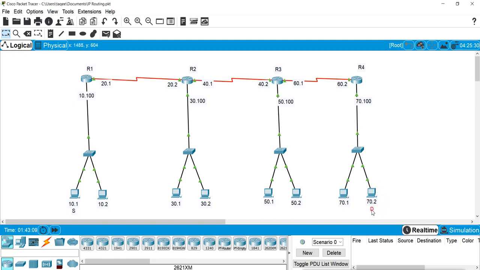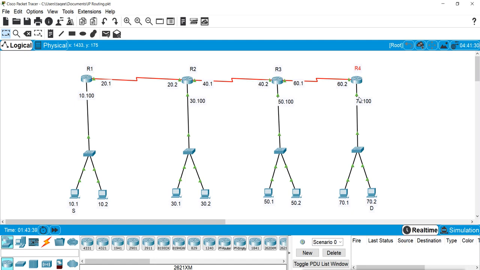Now I want to apply a standard list. So I have to apply it near the destination router and near the destination interface. So the destination router is this router 4. So I will create the list here, and the nearest interface to the destination is this FastEthernet interface, and I can apply the list on this interface. So let's see how we can create it.